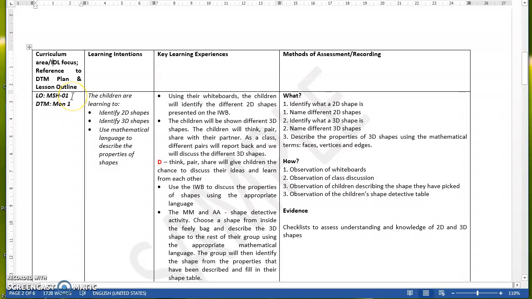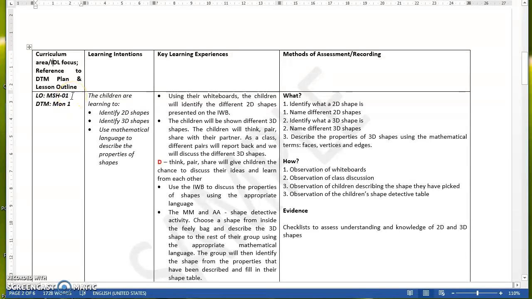For every lesson that you teach from your curricular plan, you'll be asked to have a lesson outline for that. It's not as detailed as the lesson plan, but it's an outline of your lesson. And it should be in as much detail as you need to deliver the lesson effectively. So you can see here I've got my lesson outline here, and it's